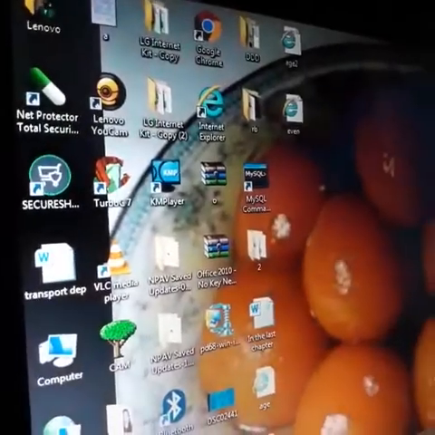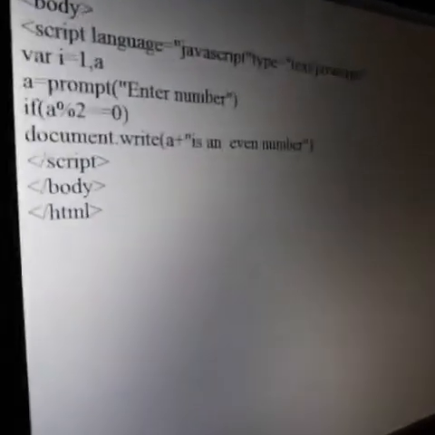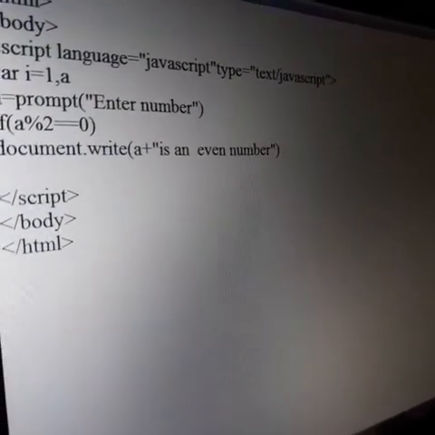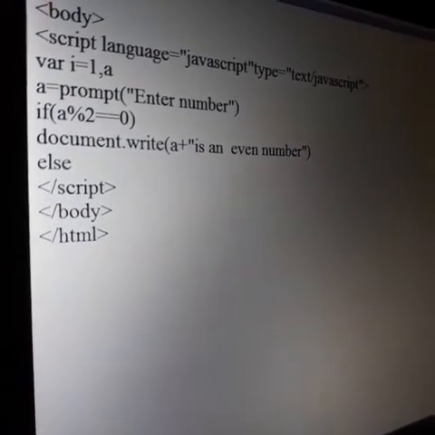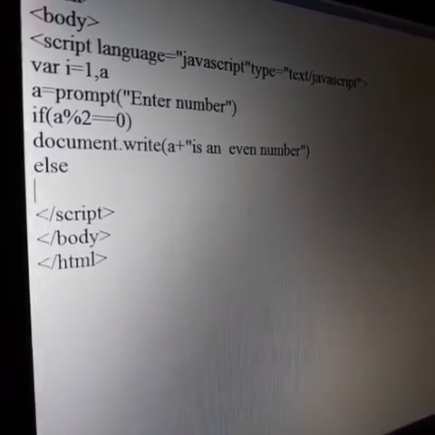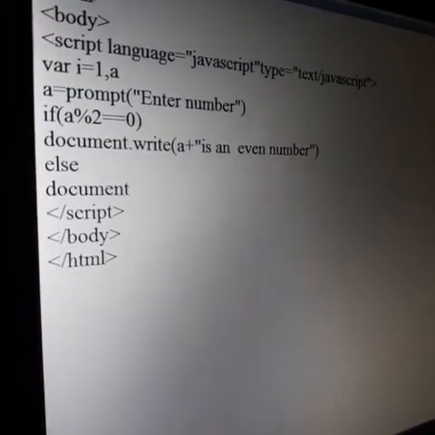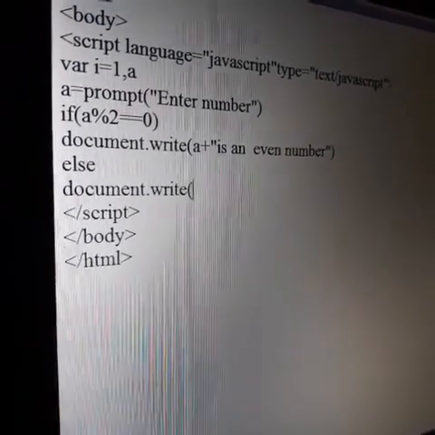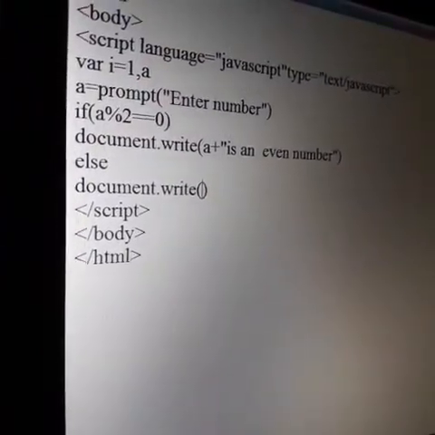Now let me show you one more thing, students. In the same program, I am going to add a false statement, inside else. document.write, inside the bracket, a, the same statement.